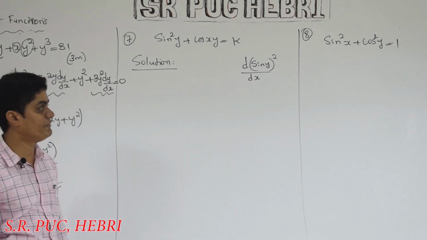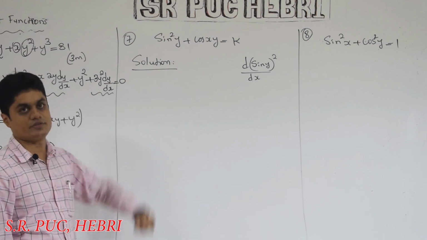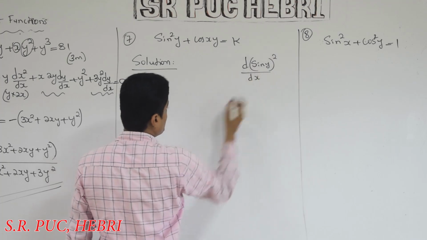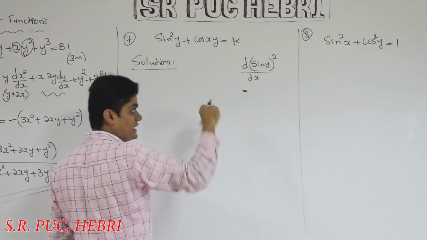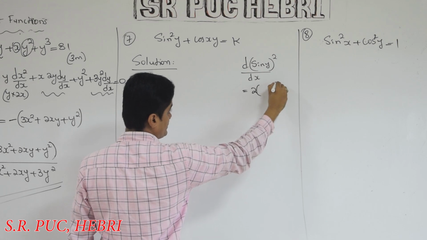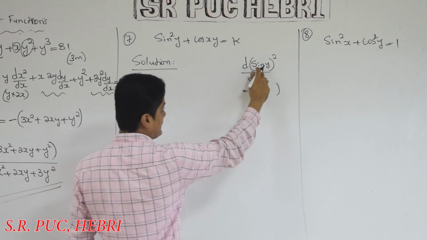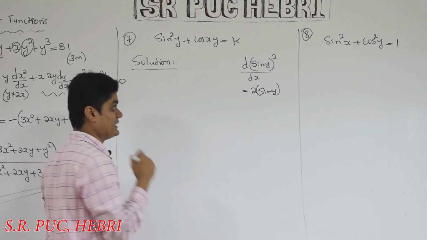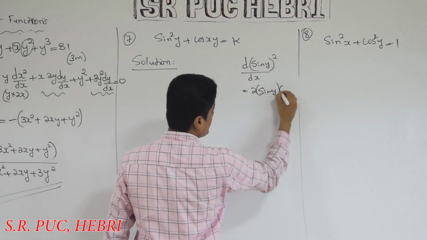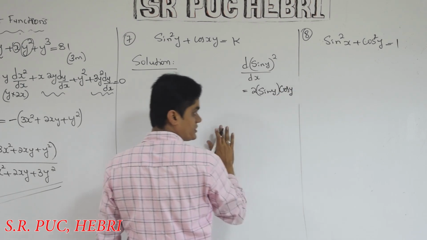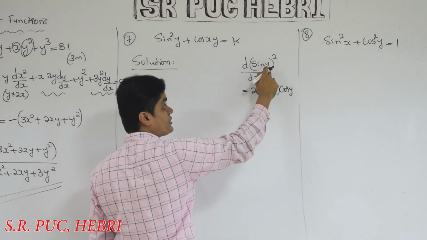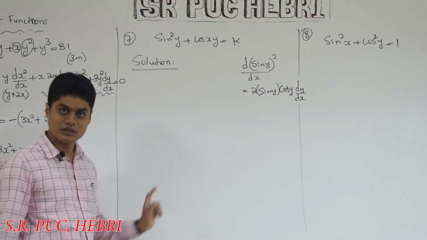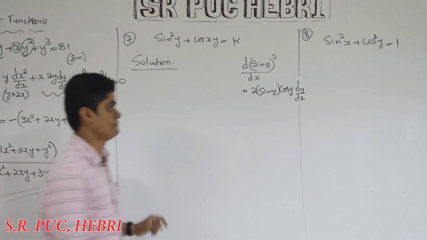In implicit function derivatives, up to now we didn't use the chain rule, but now it is required. I hope you remember the chain rule. Very good. How will you differentiate this? Which is the outside function? x square, and its differentiation is 2x, right? Instead of x, what do we have? Sine y. Next, which one do you have to differentiate? Sine. What is the differentiation of sine? Cos. What is the inside function? y. What is the derivative of y with respect to x? dy by dx. Understood? Chain rule, remember that.